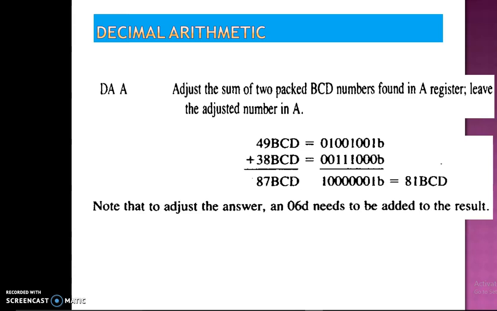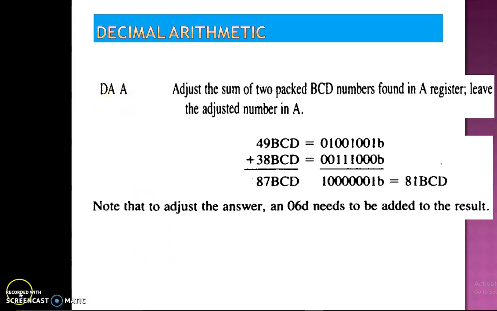But if the 2 operands are BCD numbers, binary coded decimal numbers, then after adding 2 BCD numbers, you won't get the correct result with the help of ADD operation. Then how to adjust the wrong result to the correct result? After adding 2 numbers, you have to use the DA operation, DA A.